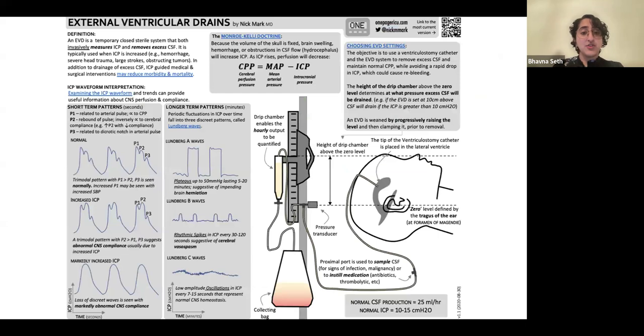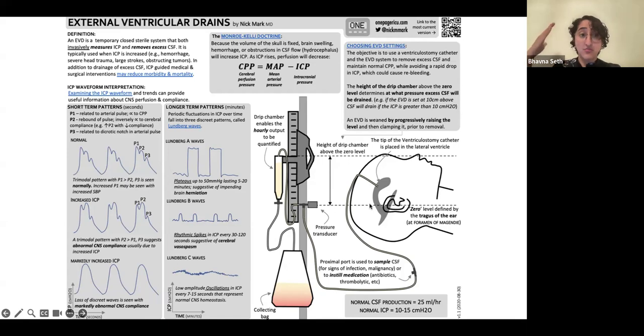Oftentimes we will call our neurosurgical colleagues who will place these devices called external ventricular drains. These are basically a tubing and needle that goes into your ventricle space, as you see on the right, and then filters out, has a manometer that takes out any excess CSF pressure and fluid above a certain threshold. And this is based on the Monroe-Kellie doctrine, which you may have learned about, which is basically that,